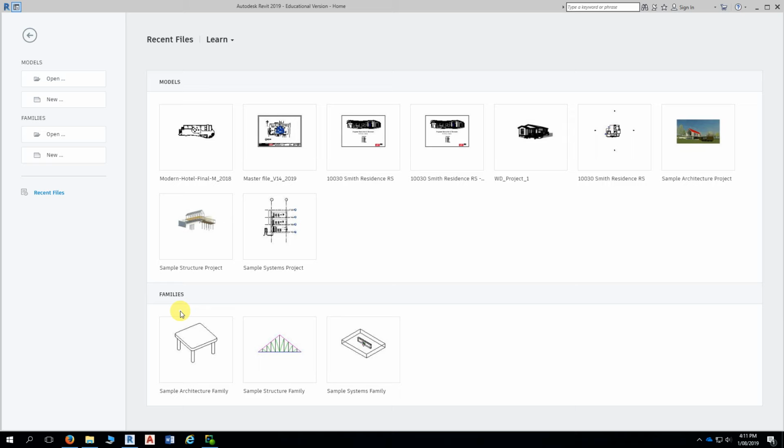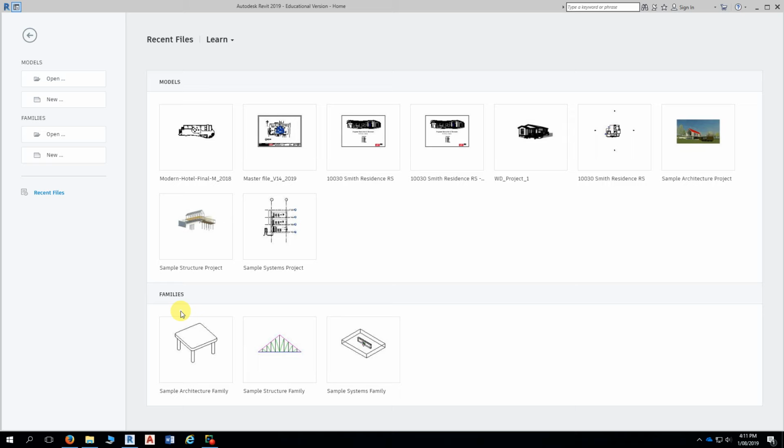We'll continue this in our next session. But I thought at the moment we'd start the program, and now what we're going to do is, if we're going to work with Revit, we have to start a new project